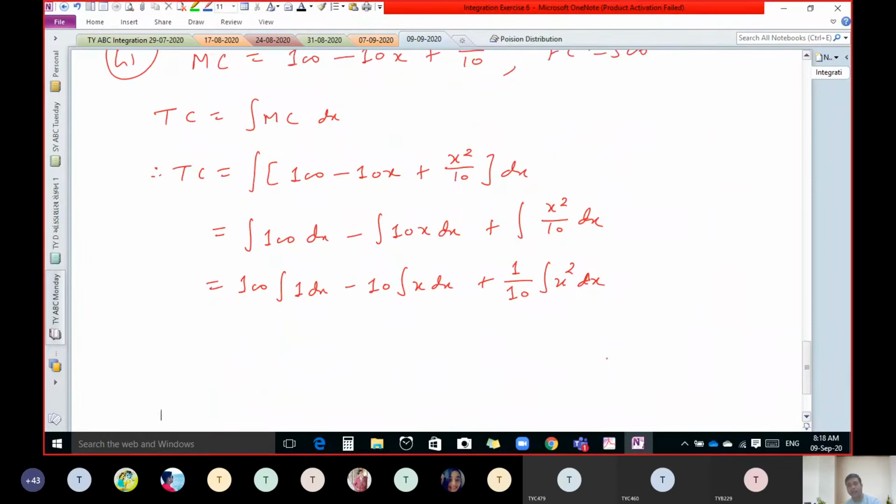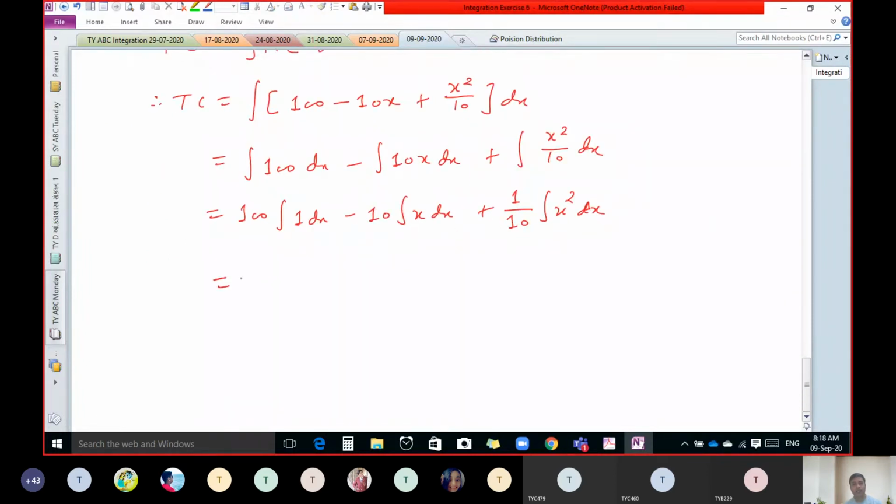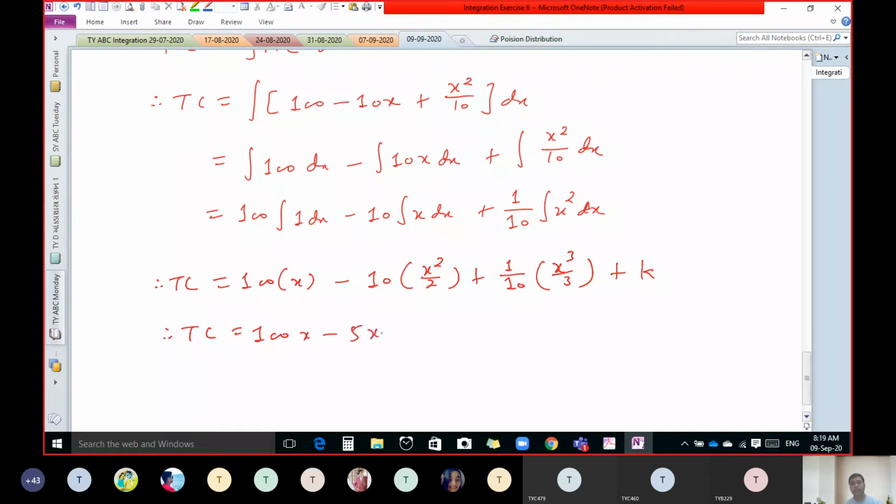And now let us find out integration. So 100x, 10 into x square by 2. 1 upon 10 as it is, integration of x square is x cube by 3 plus let us say constant. So we get total cost equal to 100x minus, if we cancel 2 we get 5x square plus, if we cancel this we get x cube upon 30 plus constant. Now to find out constant, use the concept of